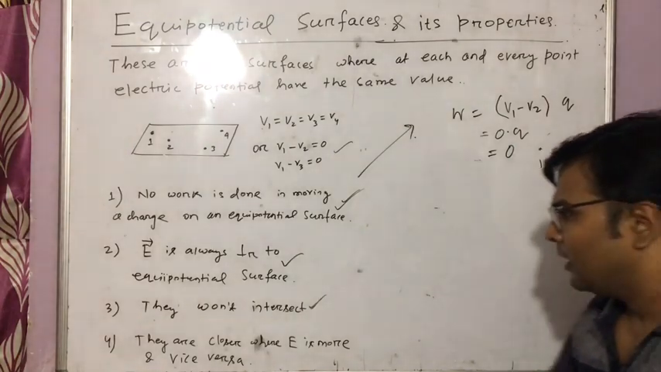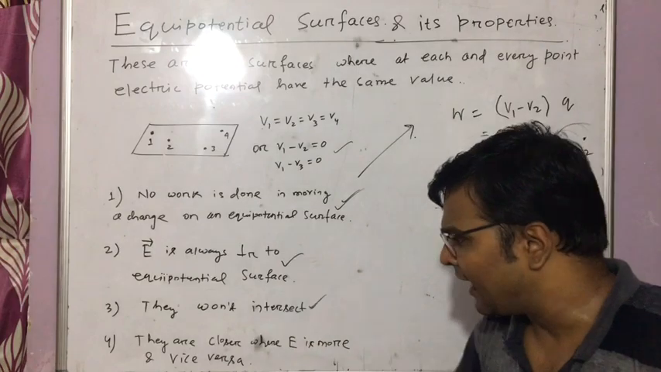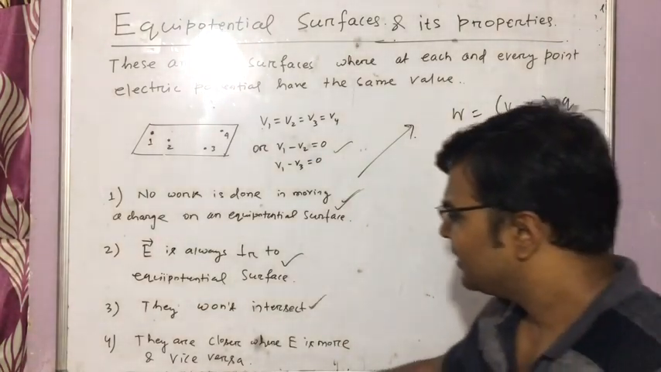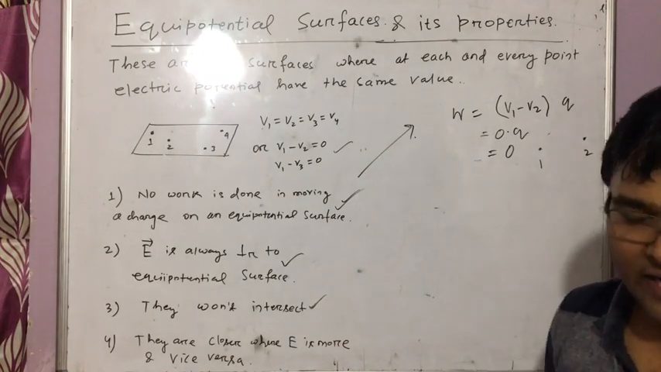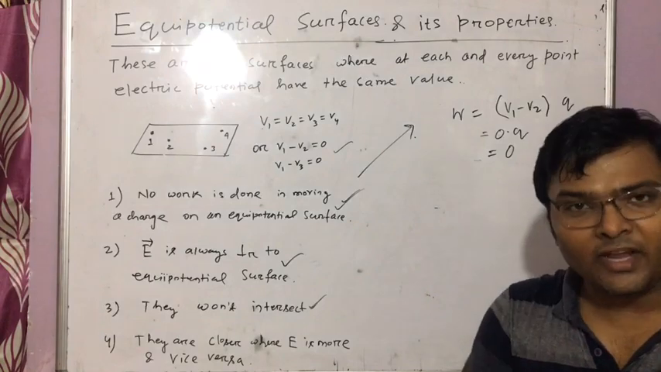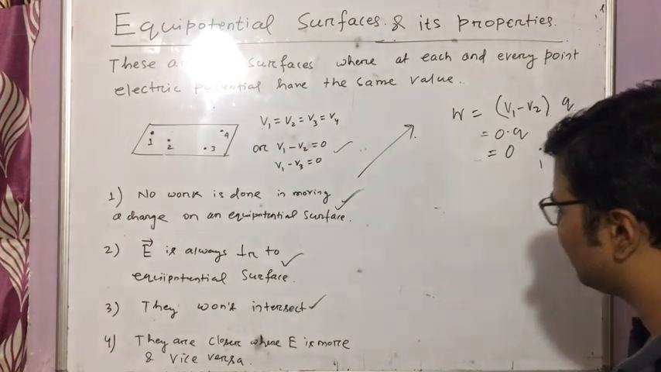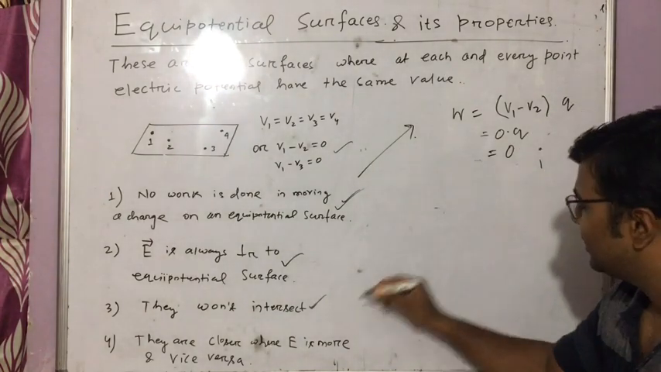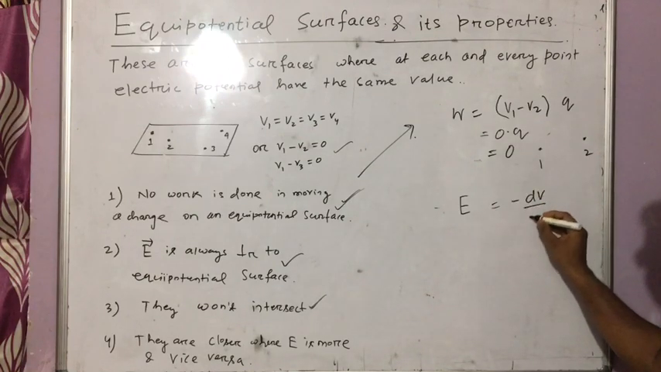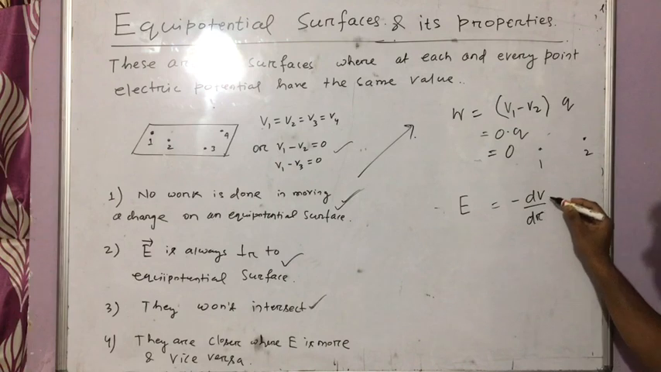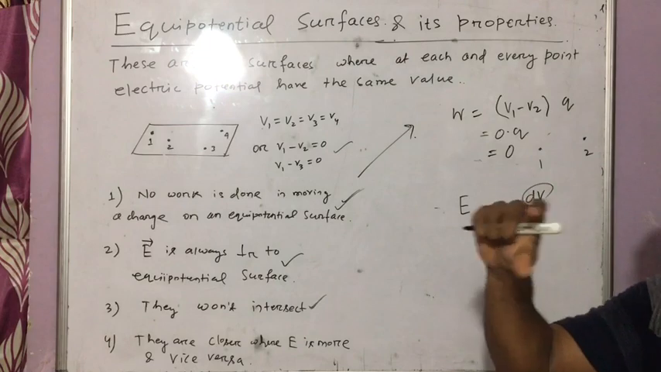Clear? Equipotential surfaces are closer where the electric field is more, and vice versa. Means what? If the electric field is strong, then the equipotential surfaces are closer in that region, and if the electric field is weaker, then your equipotential surfaces will lie far apart. We can know this from this expression, E is equal to minus dV by dr. See, dV is what? Suppose dV is actually the potential difference between 2